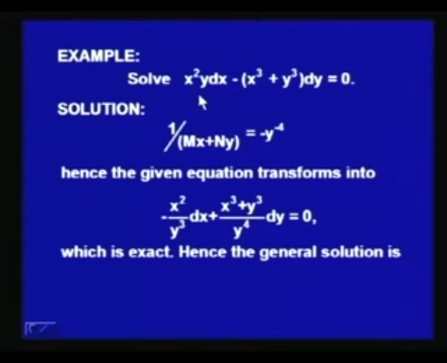Let us take one more example of a homogeneous equation, x square y dx minus (x cube plus y cube) dy equal to 0. So in this case 1 over mx plus ny is equal to minus y to the power minus 4. Multiplying the given equation by the integrating factor, it will transform into minus x square over y cube dx plus (x cube plus y cube) over y to the power 4 dy equal to 0, which is an exact differential equation, and therefore the general solution is,